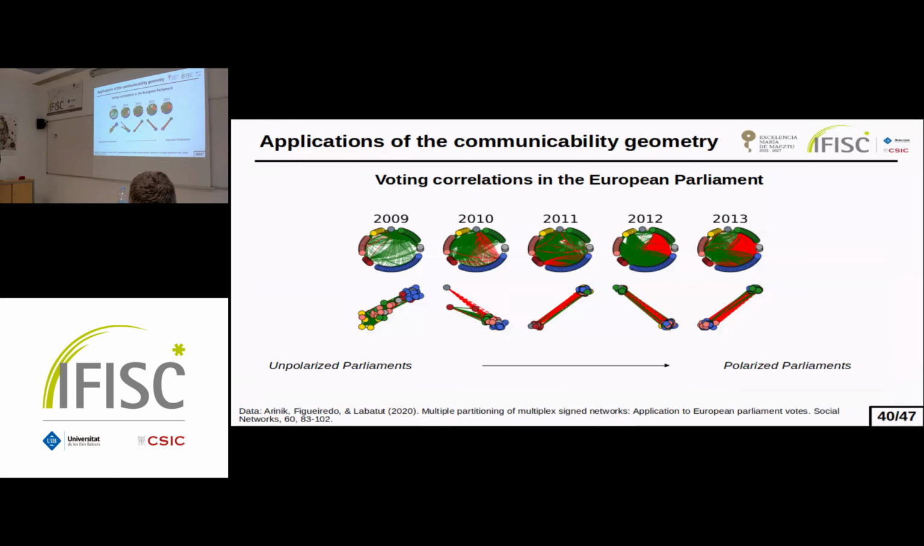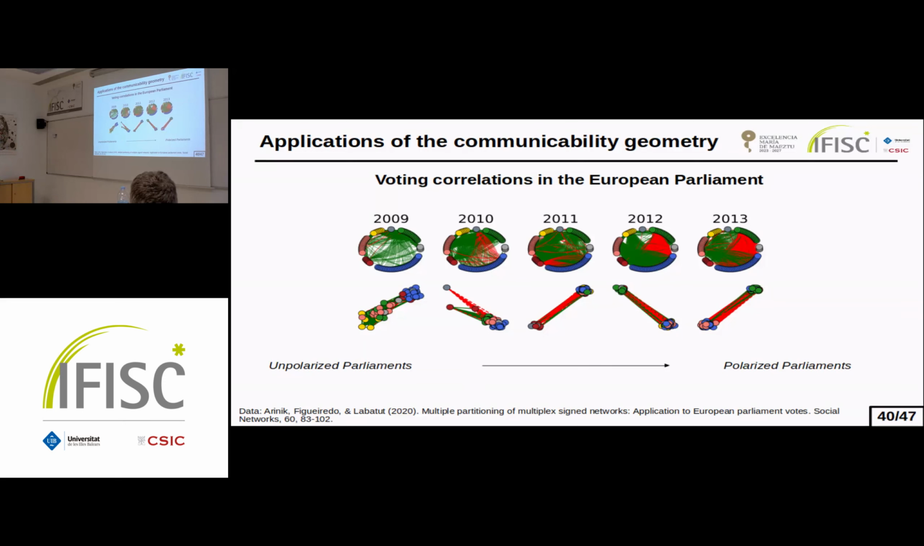Now let's look at another example, which is the correlations between French representatives in the European Parliament in topics related to agriculture between 2009 and 2013. If we group the representatives by their political group, we will not be able to see any structure appearing. That is because in the European Parliament, political affiliation doesn't seem to be a good predictor of voting patterns. Instead, what we did is to use the communicability embedding, and what we see is that there is